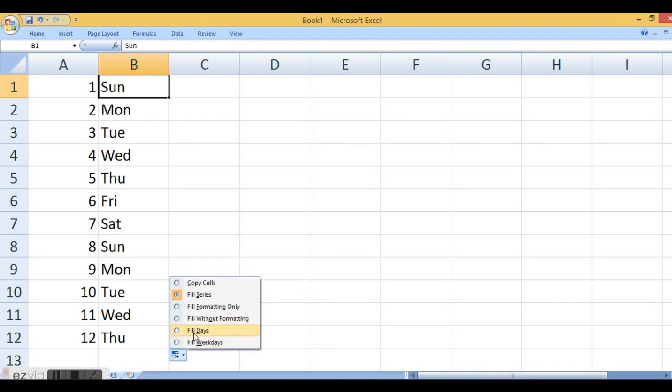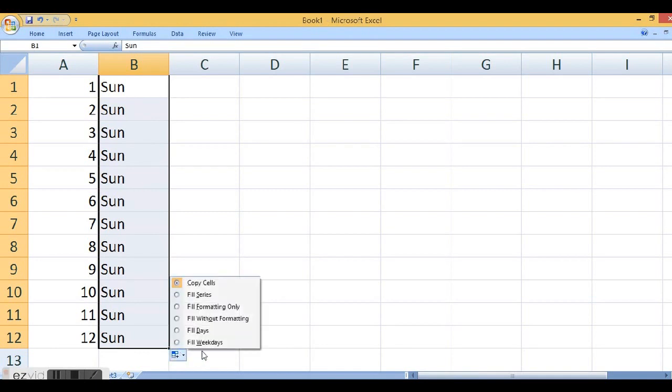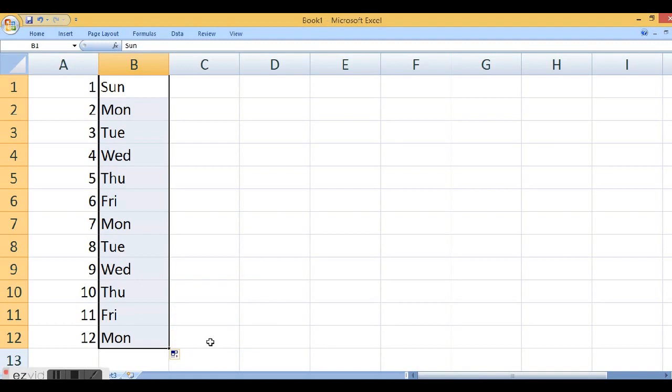Copy cells gives only Sunday, fill days gives Sunday, Monday, and fill weekdays will only enter Monday, Tuesday, Wednesday, Thursday, Friday, no Saturday, Sunday. As I entered Sunday first, that's why it is giving Sunday.